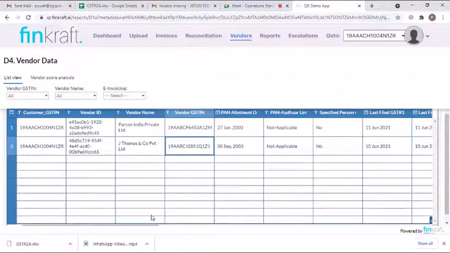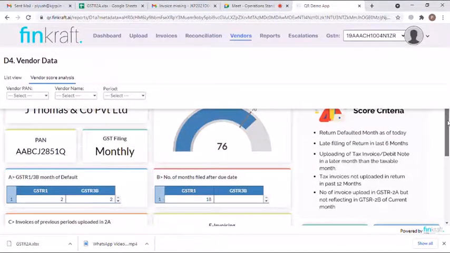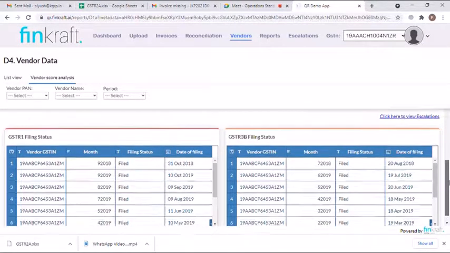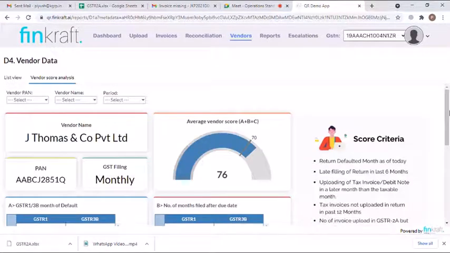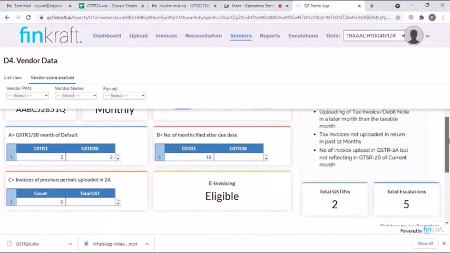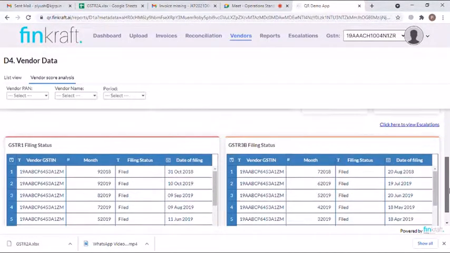You can click on the vendor GST number and it will show the vendor score, which is calculated using this criteria. This gives you a detailed analysis of your vendor where you will be able to see his late filings, filing dates, and multiple other analysis. Ria, do you mean the CIBIL score? Exactly like CIBIL, which looks into a person's credit history, we look into the vendor's GST compliance history. See here, is he eligible for e-invoicing? Is he defaulting? What is his average delay for filing in days? Remember, if he delays, you will miss the credit of the month. So this is how his rating is calculated.